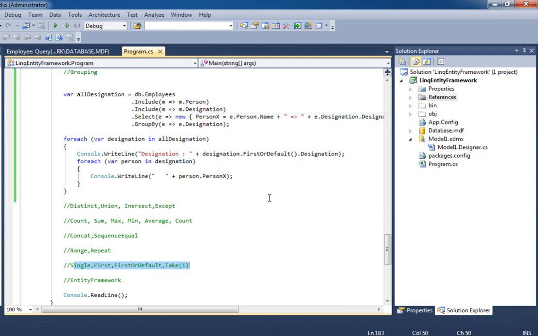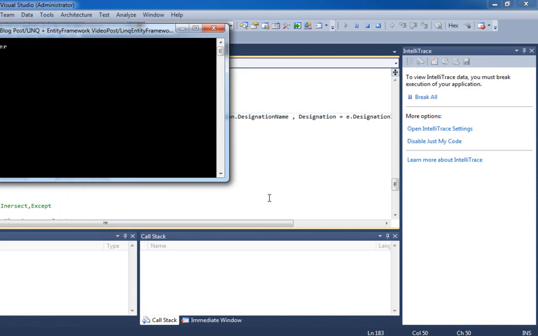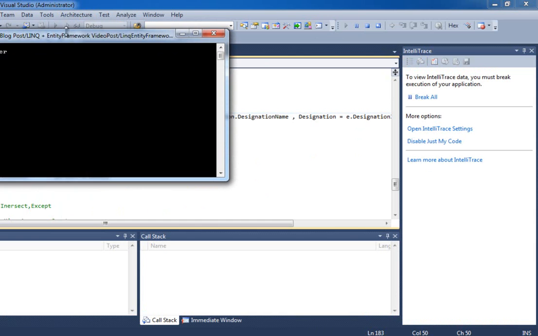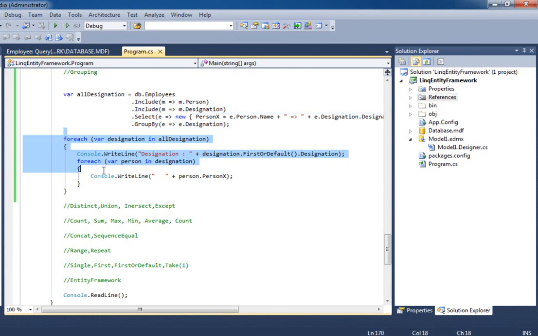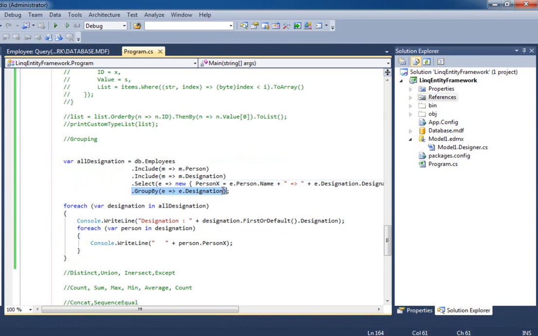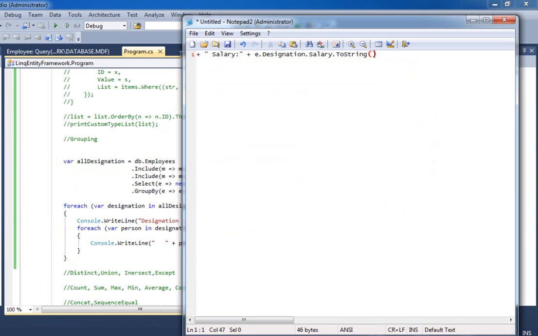If I run my query right now, I'll see that designation 1 has Jessica Alba, manager, admin, writer, editor. So the same type of objects are in the group. This is how we can work with the groups. Now the problem with this syntax, if I write this,